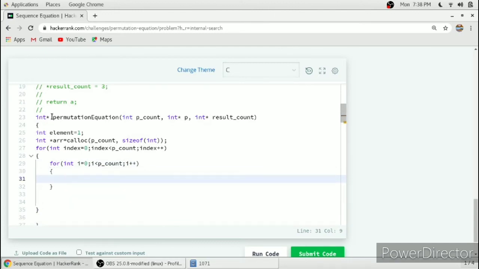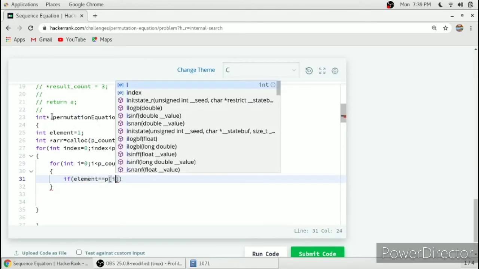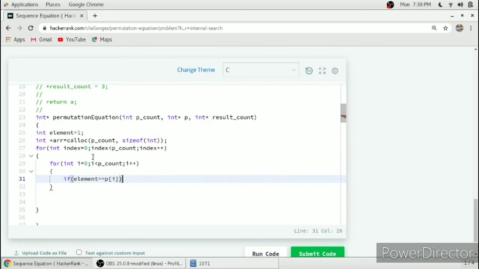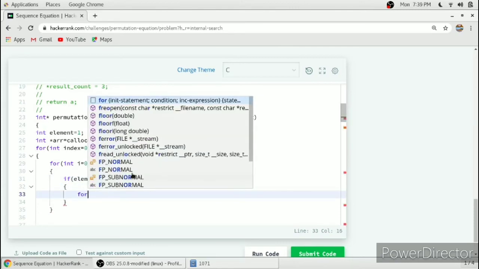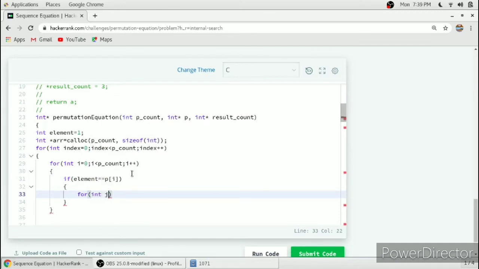So we will check if element equal to p of I. If 1 matches the element in p, then we have to consider another for loop starting from j equal to 0, j less than p count, and j plus plus.